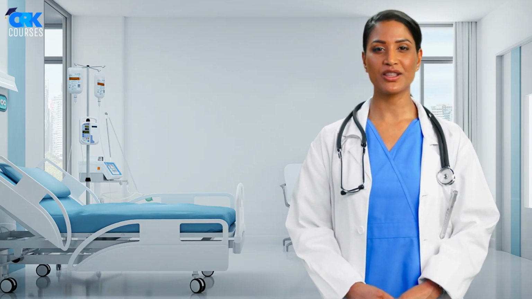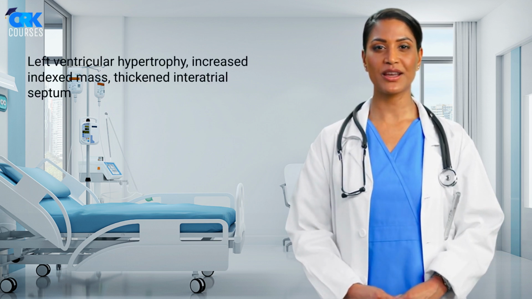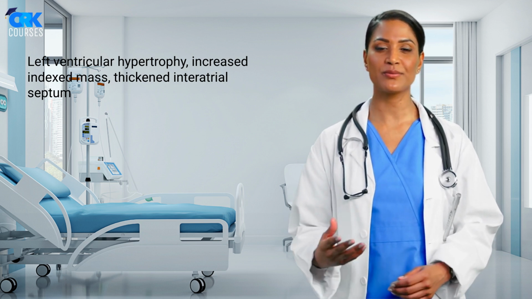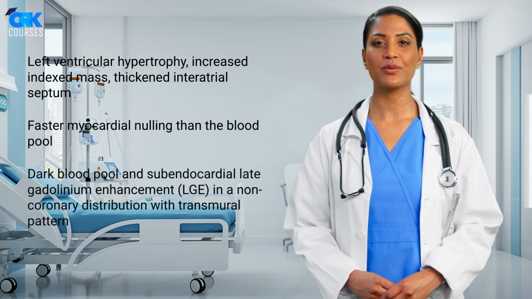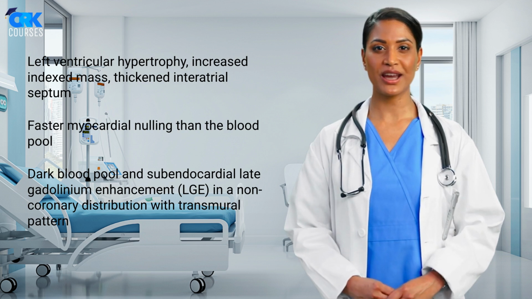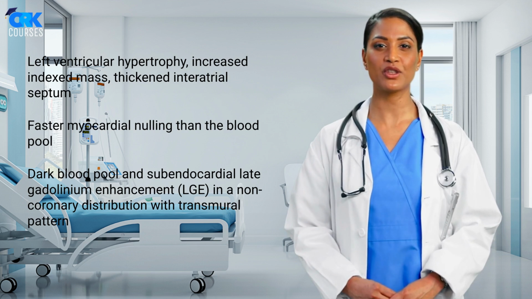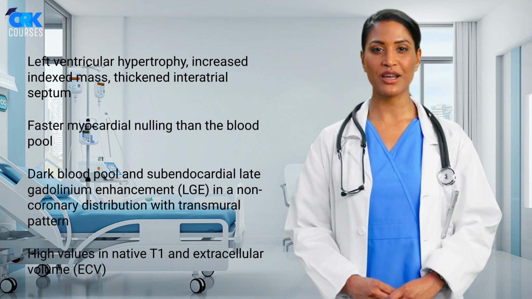This case illustrates and reviews the MR imaging features of cardiac amyloidosis: left ventricular hypertrophy, increased indexed mass, thickened interatrial septum, faster myocardial nulling than the blood pool, dark blood pool and subendocardial late gadolinium enhancement, LGE, in a non-coronary distribution with transmural pattern, and high values in native T1 and extracellular